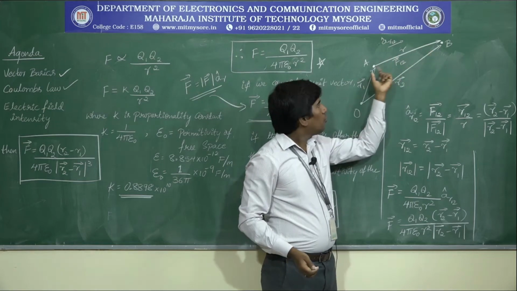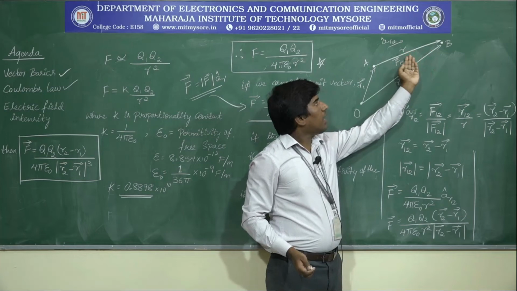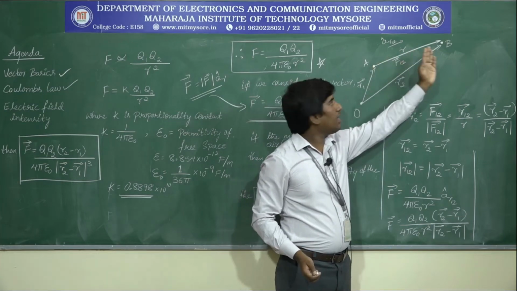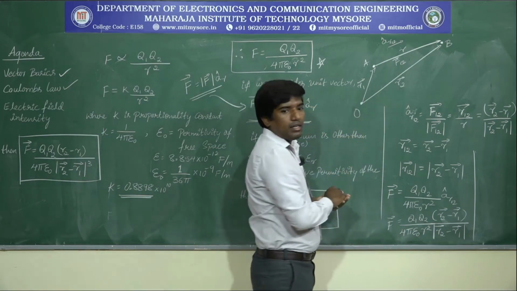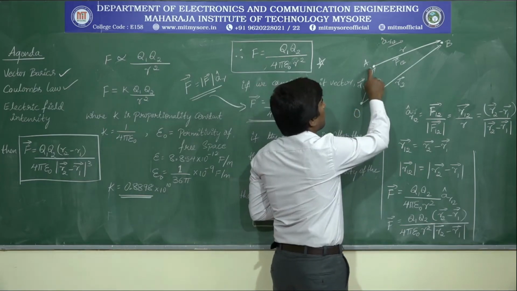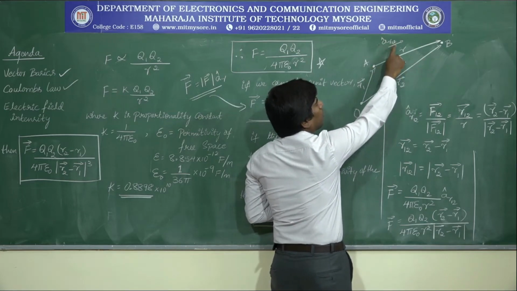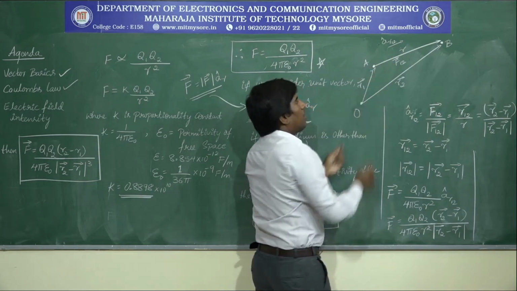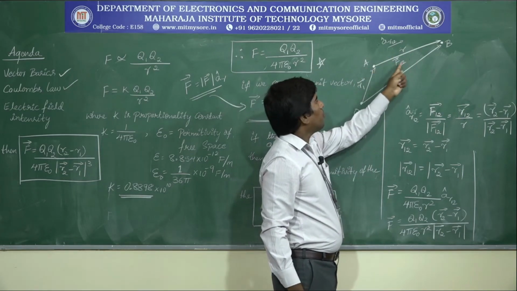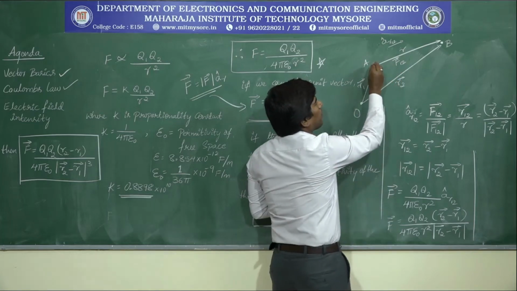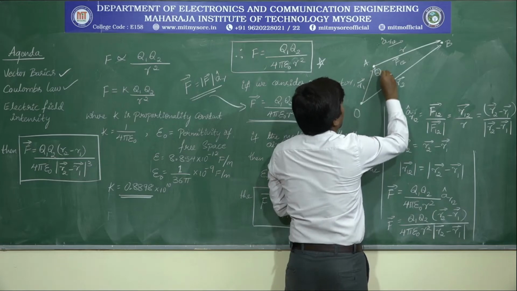Let us consider 2 point charges which are separated by a distance r, placed at points A and B, with origin O. R1 and R2 are the vectors defining points A and B. a cap R12 is the directional vector between points A and B. With this experimental setup, the force acting from the charge at point A,